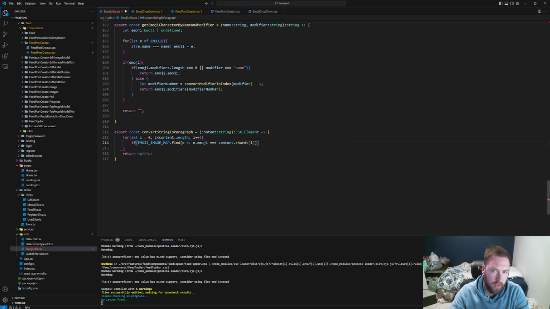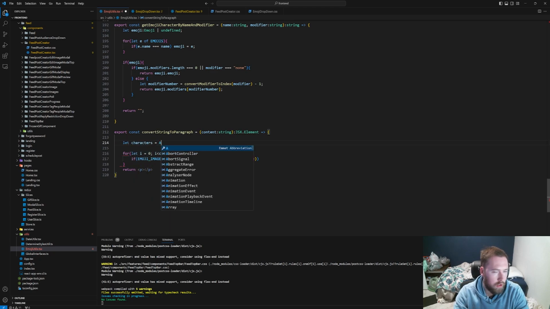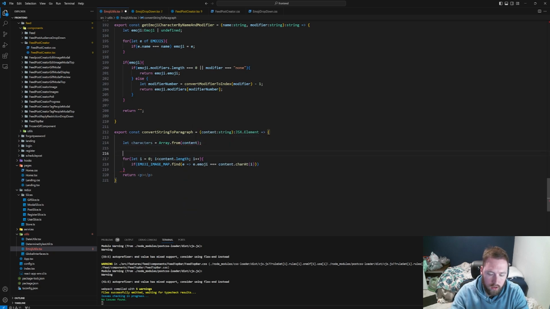So if that's the case, then we want to basically replace that. So I think what we want to do, or what I want to do, is convert this into an array. Let's say let characters equal to array dot from, and then let's go ahead and pass in the content. It's called content. And let's go ahead and just console.log